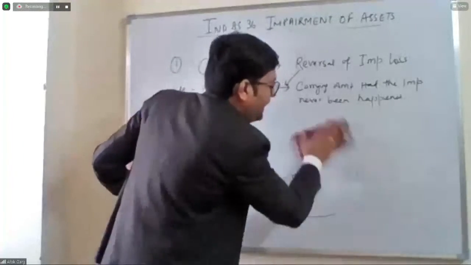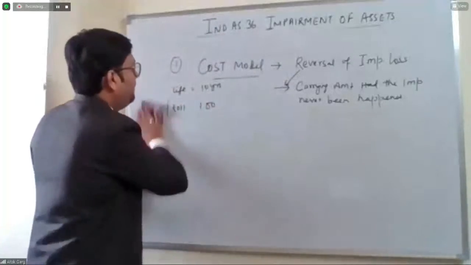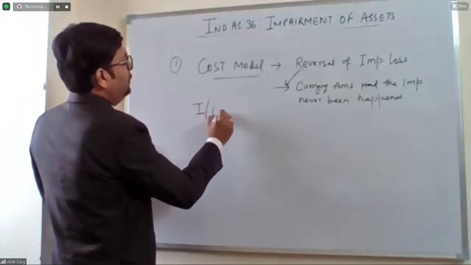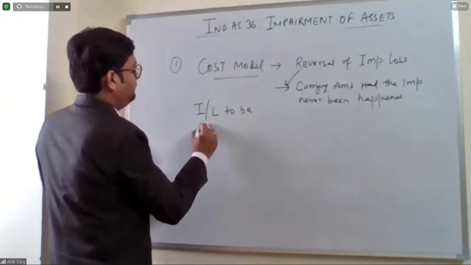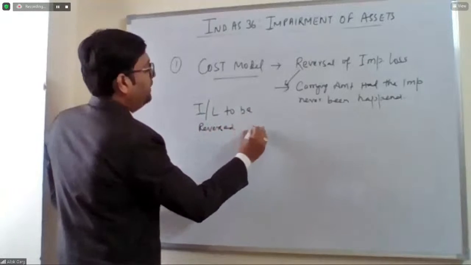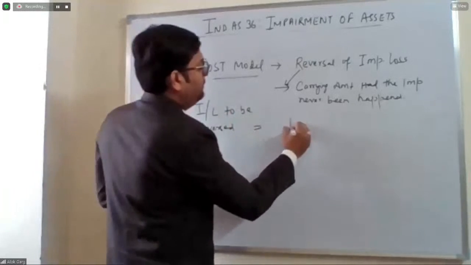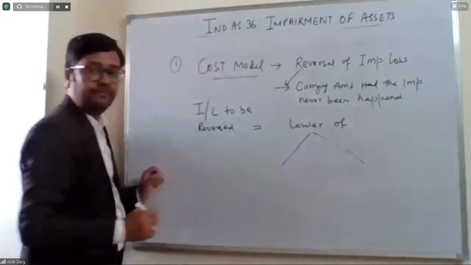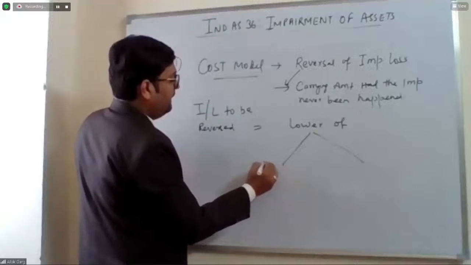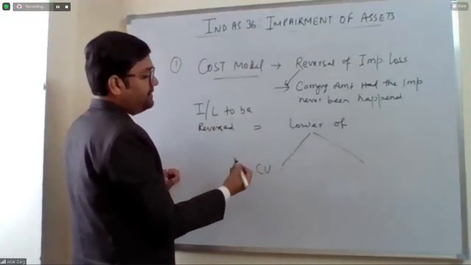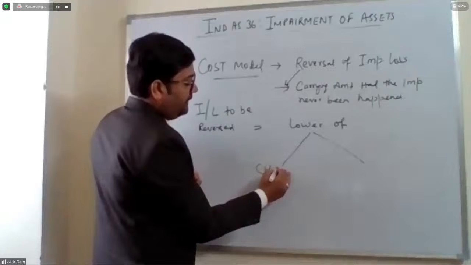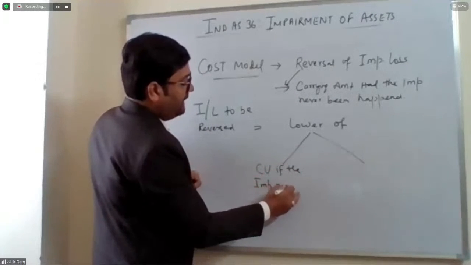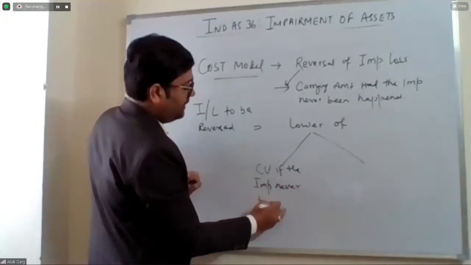Impairment loss to be reversed is equal to the lower of: carrying value if the impairment had never occurred,